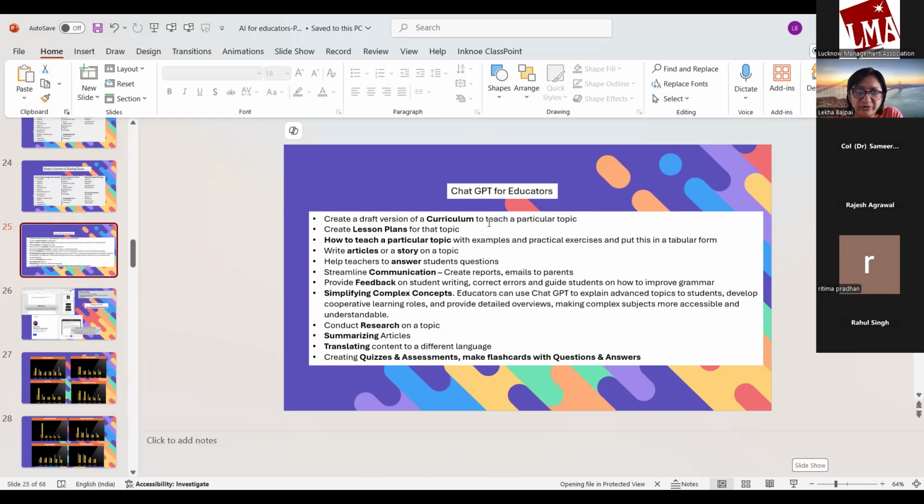Okay. So you can draft out a curriculum to teach. You can create your lesson plans for a particular topic. You can teach the particular topic. And all this, you give that type of prompt to ChatGPT and it'll give you the responses. You can write an article or a story. You can ask ChatGPT to actually give you